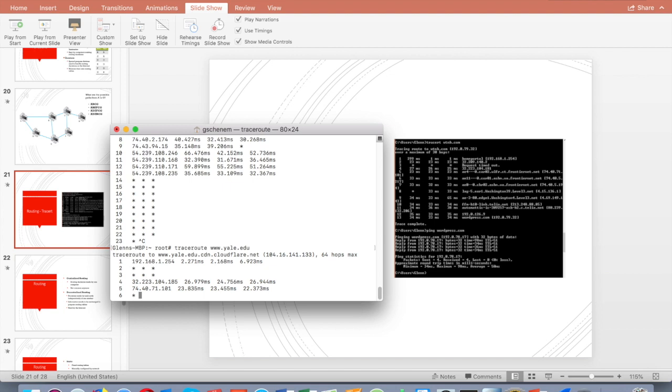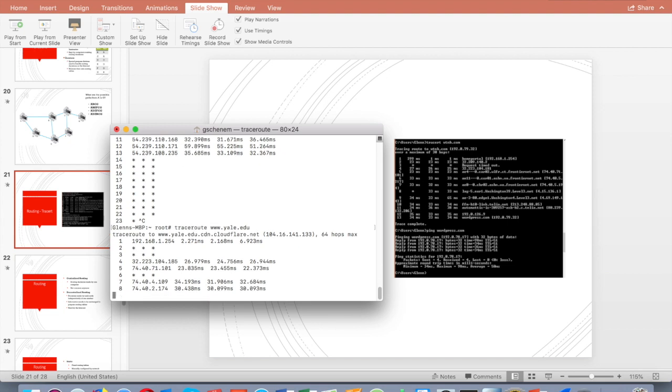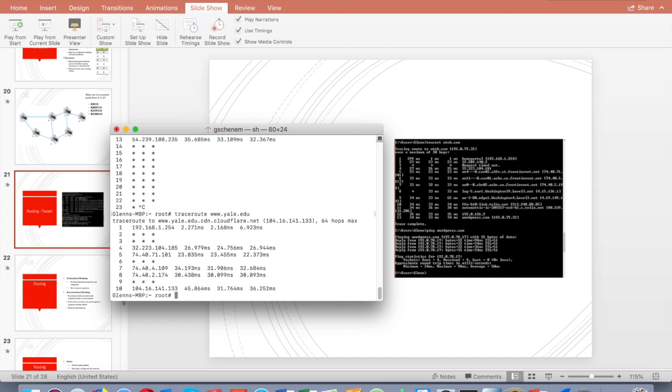So we can see that the 32.223.104 is obviously a Frontier gateway. And there it goes. So it took 10 hops to get from my living room to Yale.edu, and that is a complete round trip, start to finish request. So that's how traceroute works.